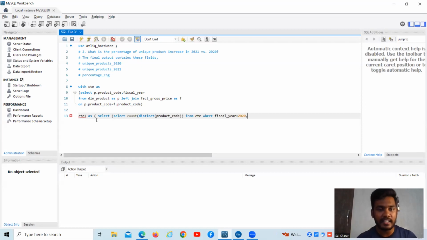Exactly in the same way, see here, the code goes like this. Here it is counting distinct products from CTE where fiscal year is 2020. This becomes a new column here, unique products 2020. Now exactly in the same way, I am making another